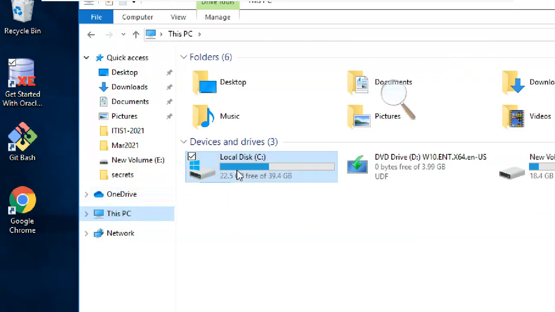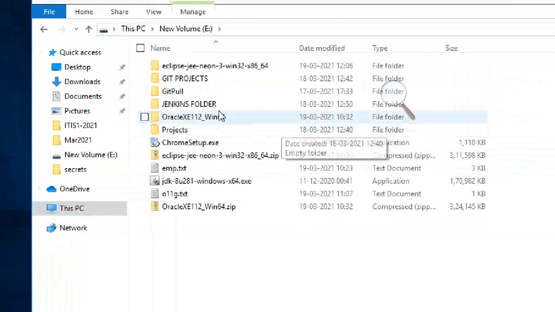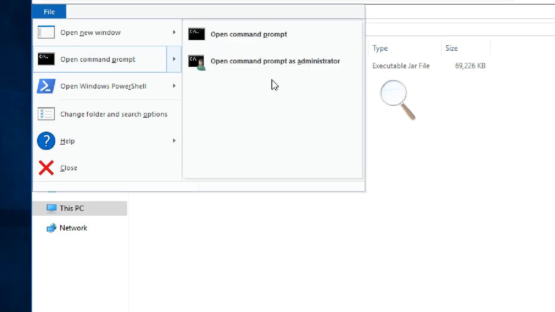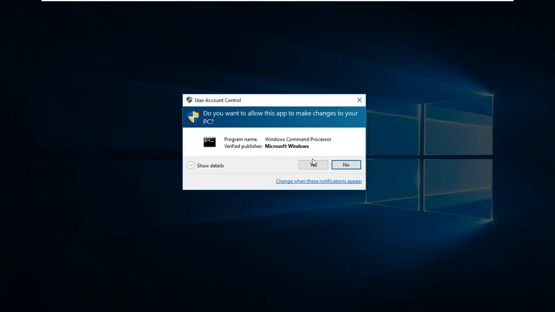But every time you want to open it, you have to open it from here, because I didn't set it up as a Windows service. I don't want that because it adds extra services. Whenever I want Jenkins, I will open it. I run it as administrator so it becomes smoother.